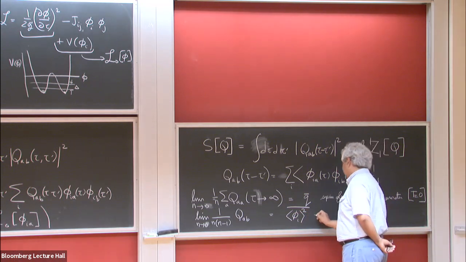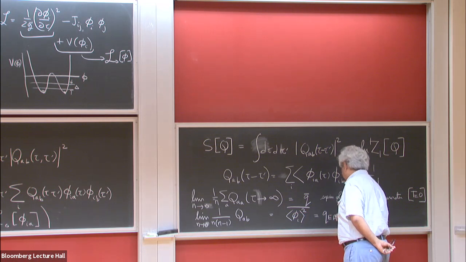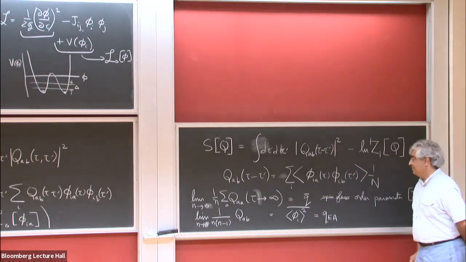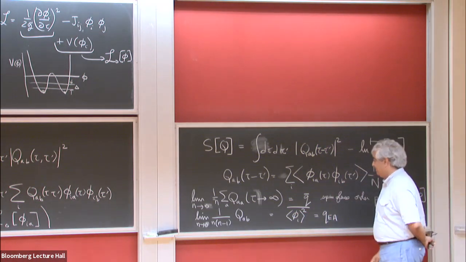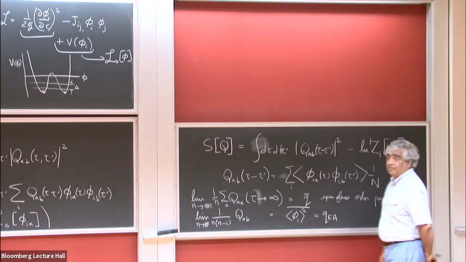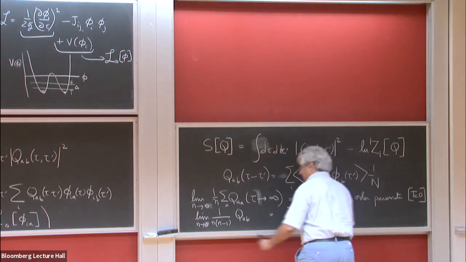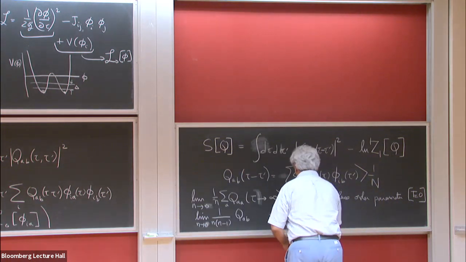This is in fact the original definition of what's called the Edwards-Anderson order parameter. They define it thermodynamically as this quantity. Did you take tau to infinity here also? Okay, so that brings me to another point, yes. So now, to be a little more